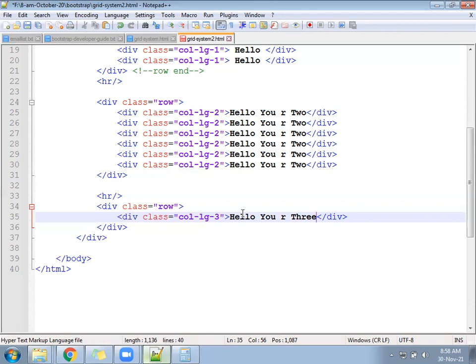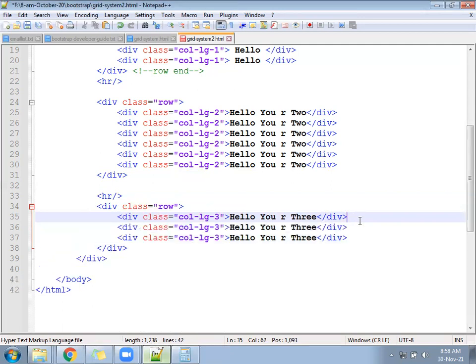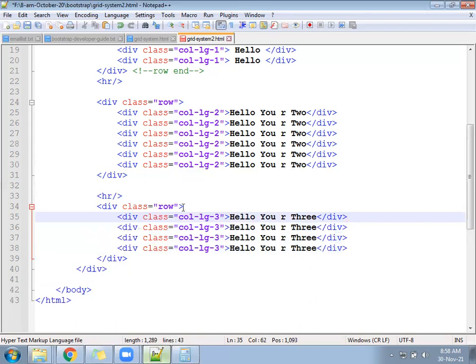Okay, so how many should come? 3 times 4 gives 12. So let's write it: 3, 3 is 6, 3 is 9, 3 is 12. Check now. This will generate a total of 4 columns. The total width will get split into 4 parts.